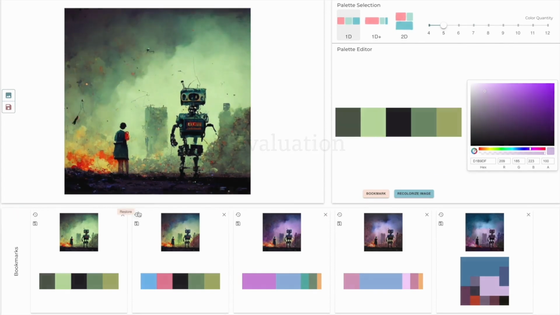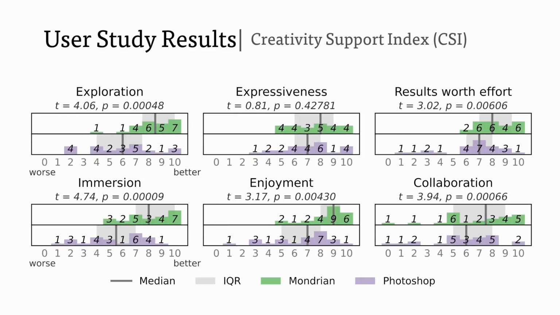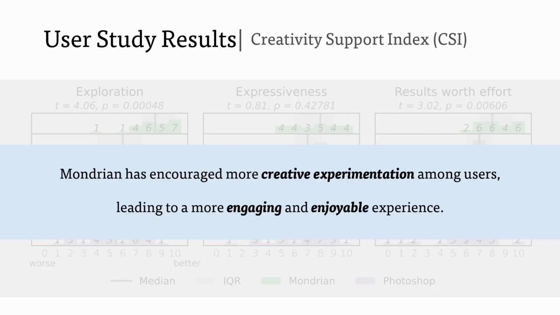is easy and effective. We conducted an in-lab user study compared with a typical concrete-driven approach, Adobe Photoshop. The results of the Creativity Support Index show that Mondrian has encouraged more creative experimentation among users, leading to a more engaging and enjoyable experience. Additional qualitative feedback was collected on users' interaction behaviors and creative thinking patterns while using both systems. We also conducted a survey study with 100 participants to further quantitatively measure how users perceive the 3